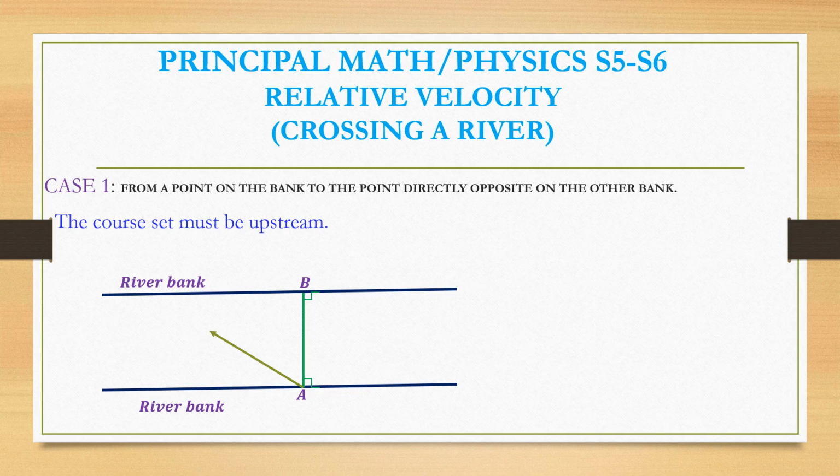Now, taking that as our velocity of the boat in still water, we realize that he has to set the course upstream. Why do we need to set the course upstream? He has to set the course upstream for the fact that the water is flowing downstream. So in the due process, as he sails the boat, the downstream flowing water will end him at point B. Just to show you what I mean,